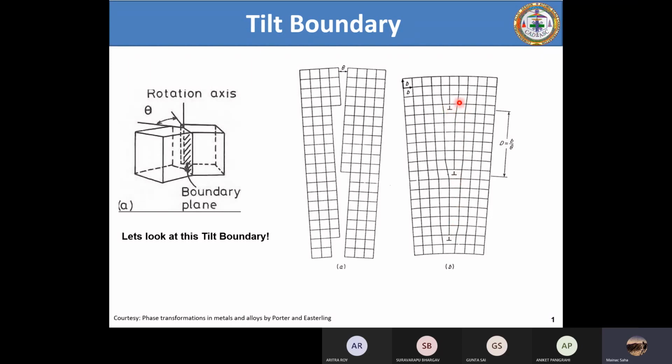So these are dislocations. Dislocations will have a certain strain energy, as I already told you in one of the classes. Now this grain boundary already has an extra energy, which is known as the grain boundary energy. So the energy will be very high along the boundary. As a result, there is a huge chance, I'm not saying in all cases, that along this boundary there might be the formation of some phase or some precipitate, which cannot be accommodated by the phase diagram.